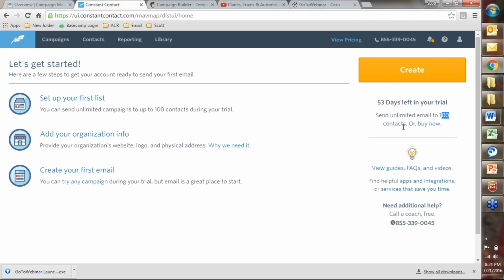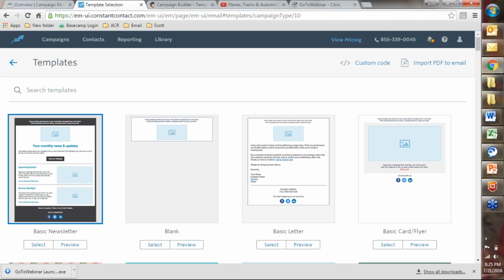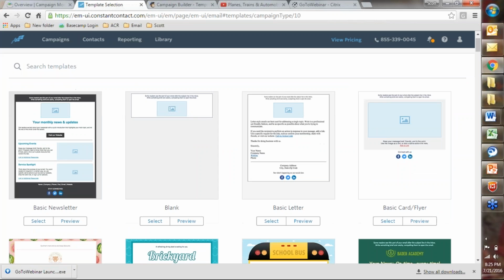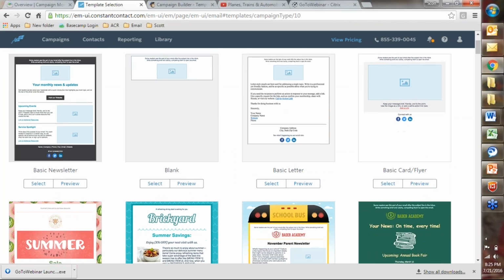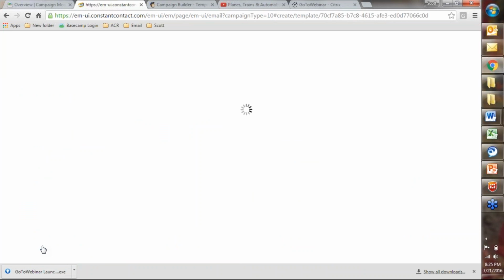I'm just going to go through briefly how you set up a campaign, and I'm even going to take the emails that came in with the registration and set up a list so that we can see how seamless and easy that is. To create your first email, we click on that. It'll open up for us here, and it already gives you a number of ready-made templates. They've got all kinds of fancy stuff, but clear, straightforward. I'm just going to pick the basic newsletter here. You can either preview it or just select it and get right into working on it.